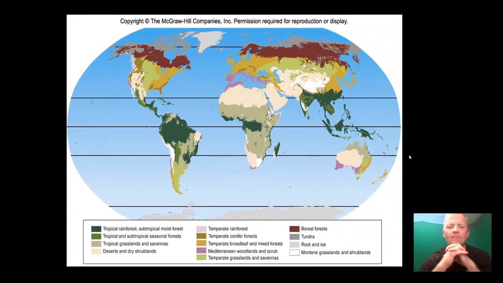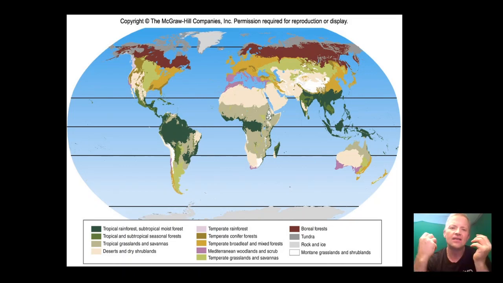This is just a map. As you can see at the bottom, there are many different types of biomes. And this isn't even the start. I took a biology course in university to get my science degree, right? And there are so many more categorized. There are so many more subbiomes that are out there. But just know, for environmental science, we're going to talk about the main big ones. I forget how many there are, 7 or 8 here. We'll talk about those main big ones, and we leave out the others.